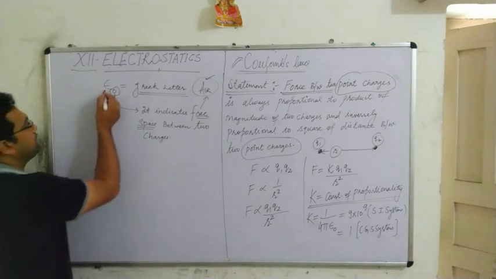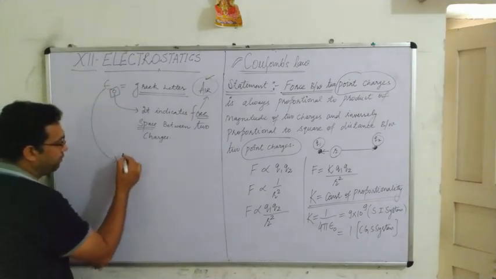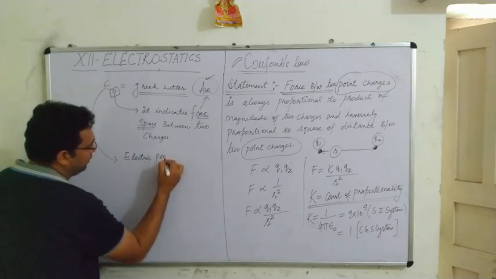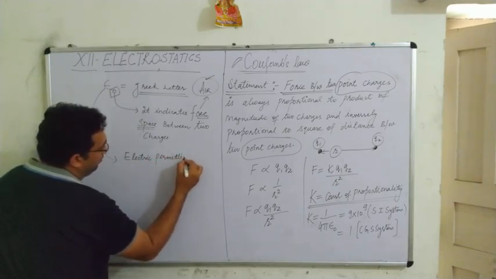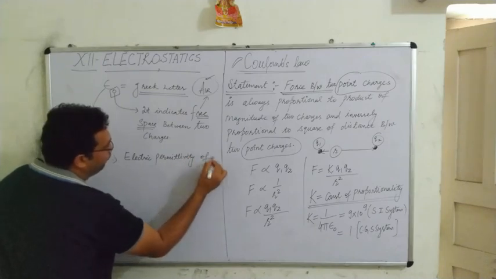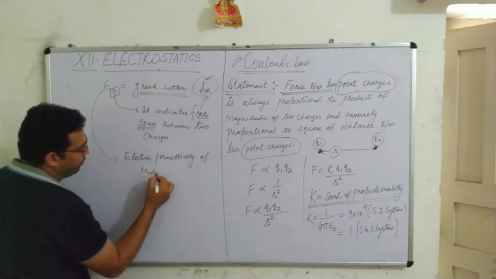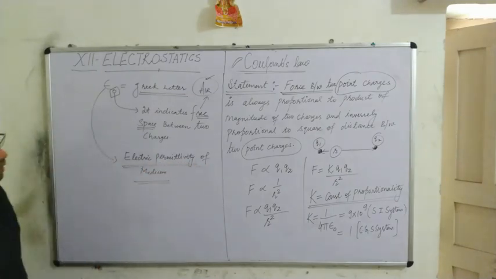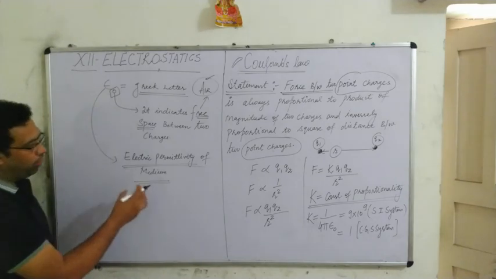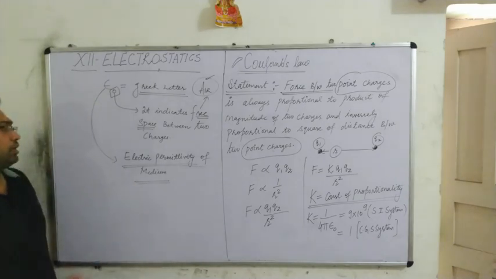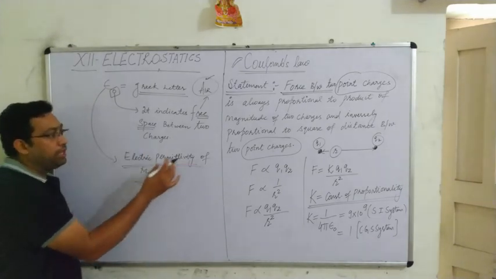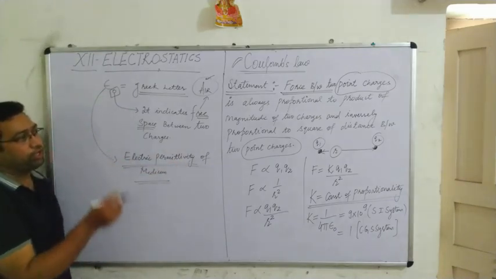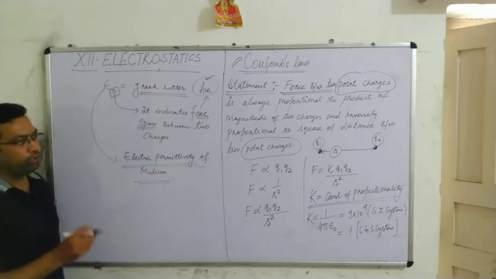Now what is the meaning of epsilon? Epsilon means electric permittivity of medium. So epsilon will tell us the nature of the medium. Medium के अंदर इलेक्ट्रिक परमिटिविटी क्या है? मीनिंग ऑफ परमिटिविटी मींस परमिशन फॉर इंटरेक्शन बिटवीन Q1 एंड Q2. Q1 और Q2 के इंटरेक्शन